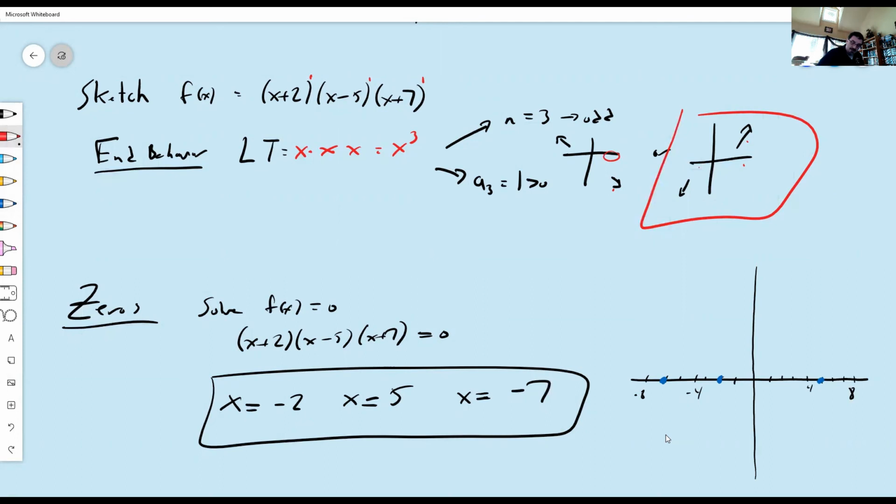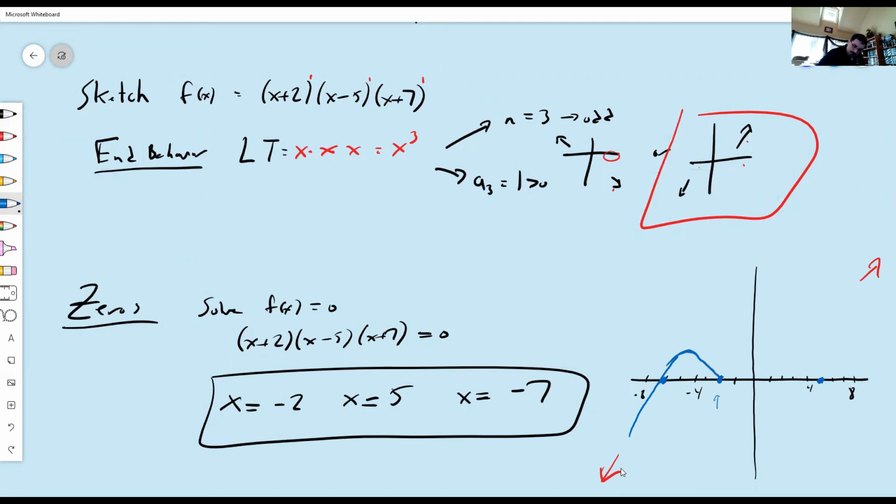We know that we're going to go down over here and up over here. So if I'm going down as I go to the left, it means as I go to the right, I'm going to be going up. So I'm going up until I hit minus 7, a zero. I'm going to go through it. Now that I've gone through it, I'm going to go up unless I have to turn around. In this case, I have to turn around because I have to come back to this zero right here of minus 2. So somewhere in here, we'll turn around,